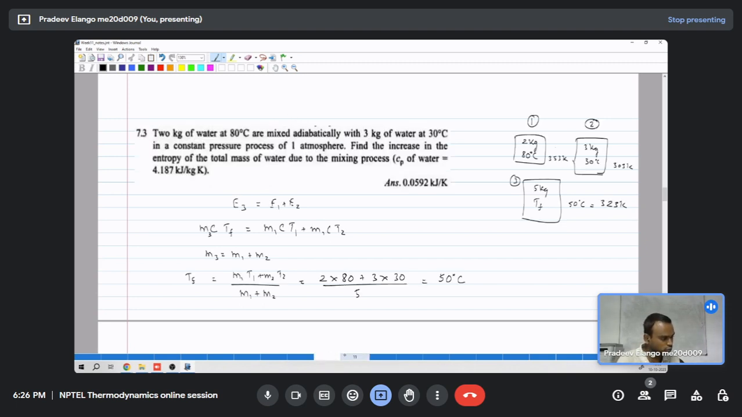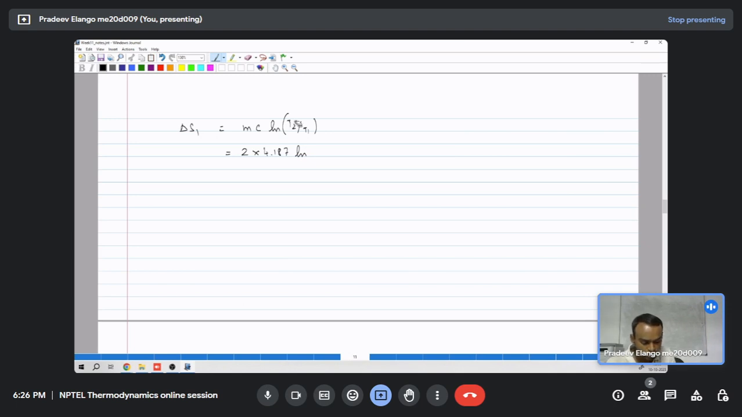So we will have T2 by T1, that is 323 by 353. So that will be minus 0.7437 kilojoule per Kelvin. And similarly for the second state, it will be m1 was here, so 2c ln T3 by T4,